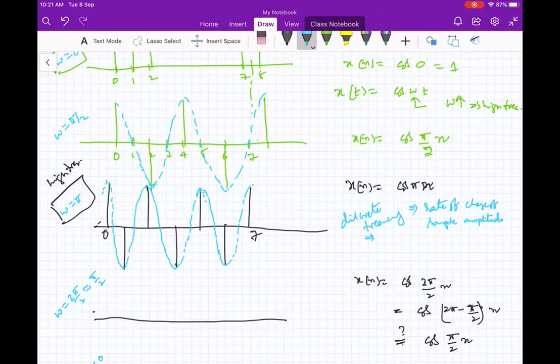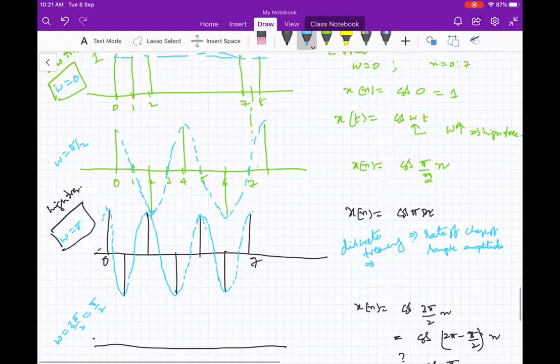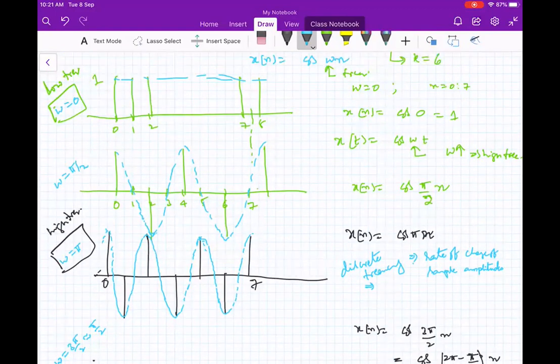Here, number of cycles is 0. If I consider 7 samples, how many cycles are there? One complete cycle, and another complete cycle is there. Roughly, you can consider 1.5 cycles here. Here, one complete cycle, two complete cycles, and then some 2.75 cycles. If you consider 8 samples, there are 3 cycles here, 1, 2, 3 cycles. Here 1, 2 cycles. 0 to 8, for example, if you consider 2 cycles, here 2 cycles, here 0 cycles.